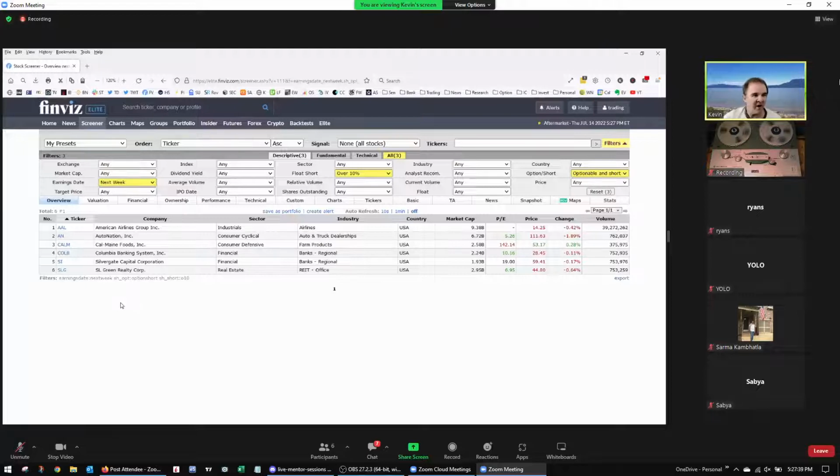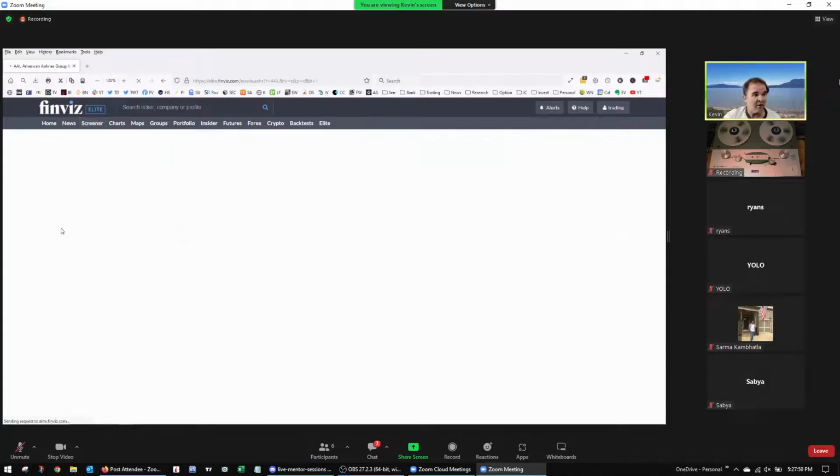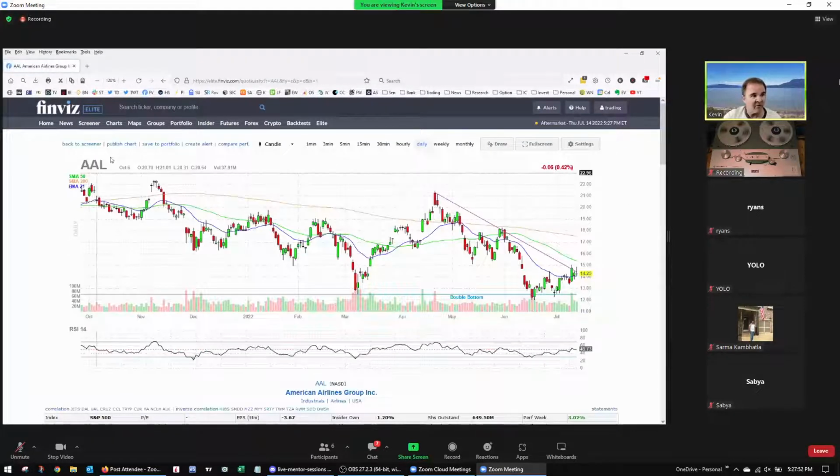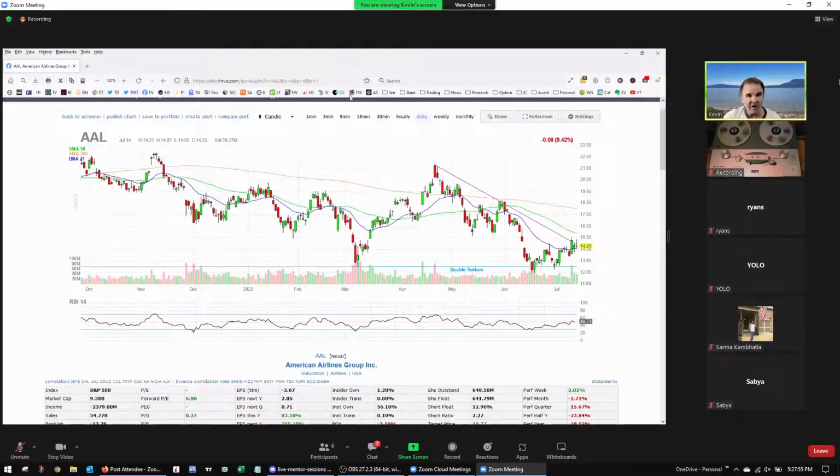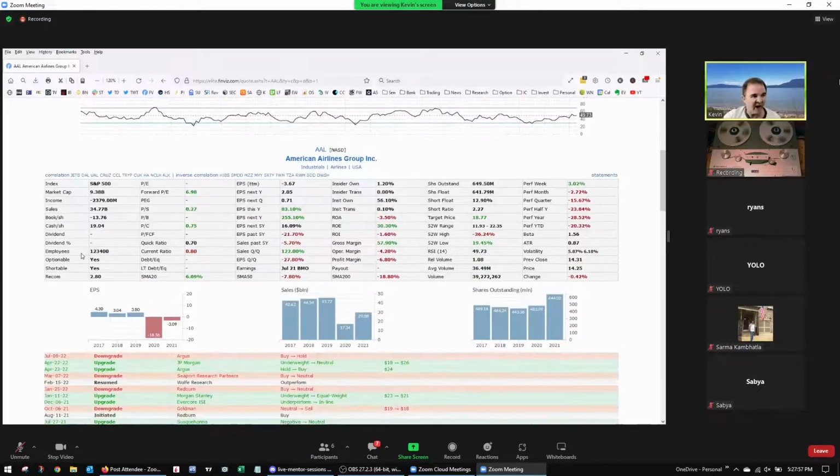Now you can see we can't see in the columns what the short interest is, or when the earnings date is. Now, if we clicked on one of these, we would be able to see that stuff. Okay, so we can just click on American Airlines here. We get to look at a chart, and we get a whole bunch of data.